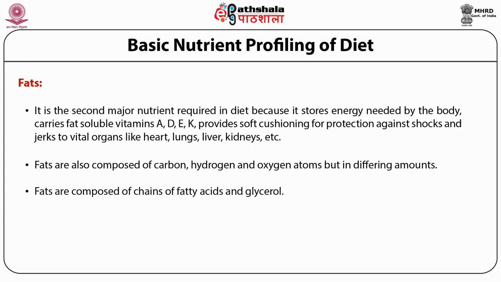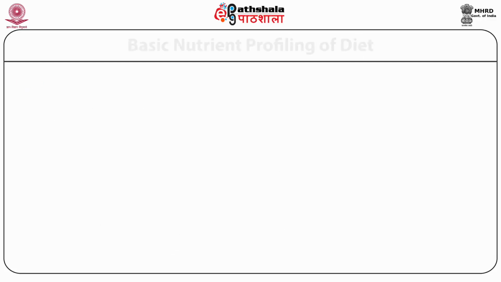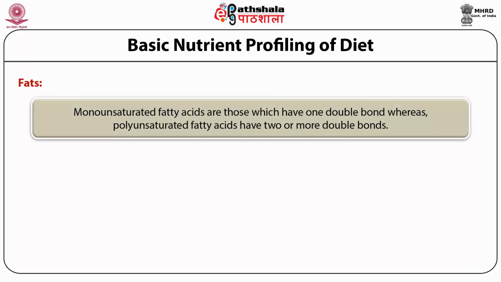Depending upon the composition of fatty acids, they are divided into saturated and unsaturated fatty acids. Fatty acids are described to be saturated when the carbon atom is linked to many hydrogen atoms with single bonds, while in the unsaturated fatty acids, the carbon atom is linked to a lesser number of hydrogen atoms due to double bonding with them. Monounsaturated fatty acids are those which have one double bond, whereas the polyunsaturated fatty acids have two or